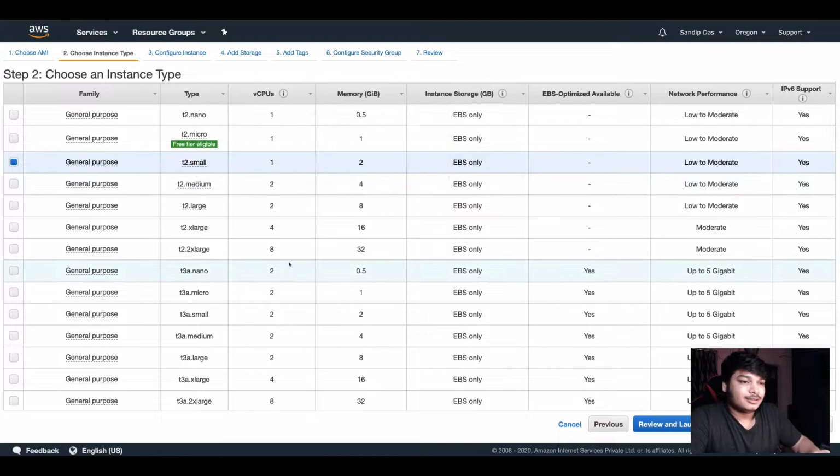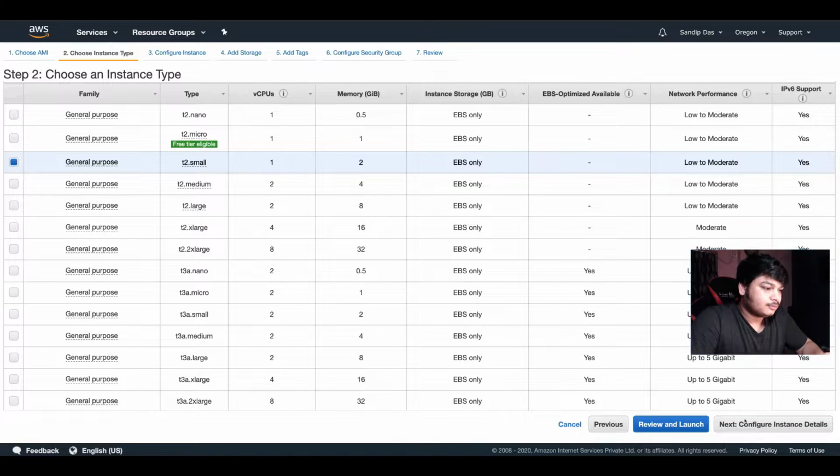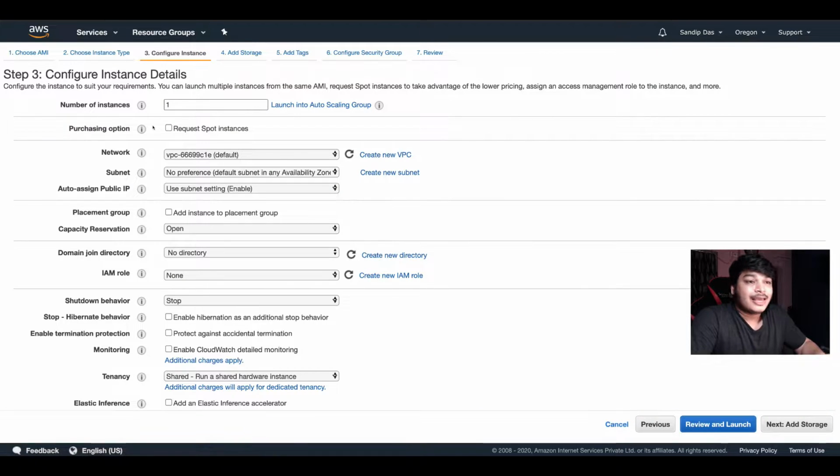First let's select the instance, click on next, the instance details. Here it's a bit advanced, I would say, for beginners. In the upcoming session when I cover the VPC part, then we'll explain this. But you have to select the VPC. You don't have to think about it when you're starting. When you create an account, a default VPC is already there, and it is accessible from outside internet and from the outside to inside. The egress traffic is also enabled, so you don't have to worry.